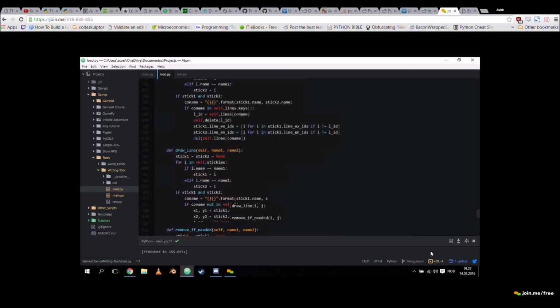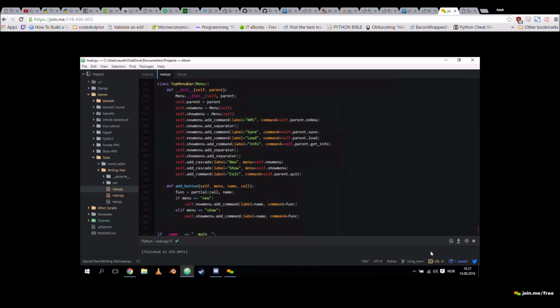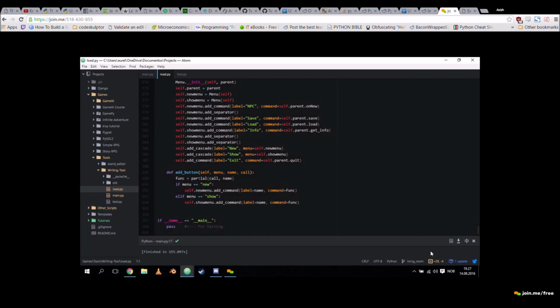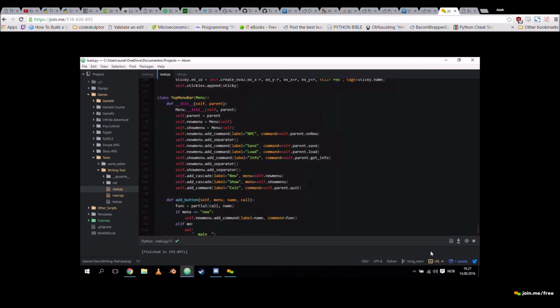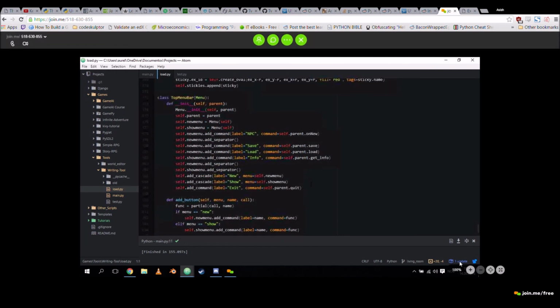This is top menu bar. All this information was in the other init thing. So why not just put it in a class? At one point, I needed a way to add new buttons because for every person that I add, Heidi or Donald, it creates a new button under the show menu that then allows me to pick which canvas I want to look at. I showed this earlier. Did you see it, Seacart? See what? This app in action before. No, I haven't actually. Okay, I can show you.